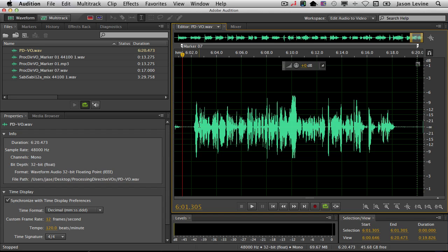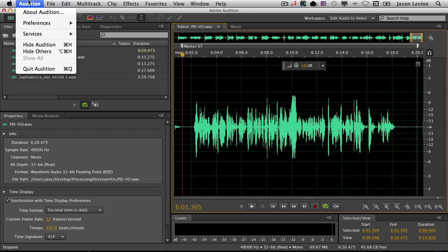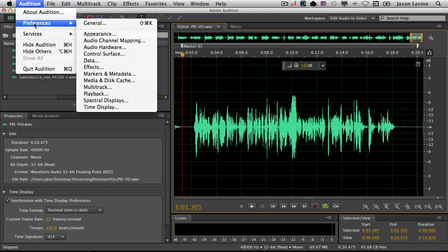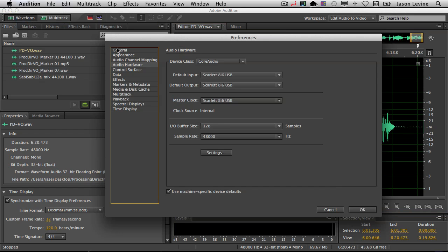But before we begin, of course, we need to actually choose the device that we're going to be using to record with. Now, whether you've got a USB microphone or a proper condenser or dynamic microphone connected to an external sound card, or you're going through a mixer and then going into a sound card, you need to choose that device before you begin. So on the Mac side, we'll go up to Audition, Preferences, Audio Hardware, and on the PC that'll be under the Edit menu under Edit Preferences, Audio Hardware, and you can choose your default ins and